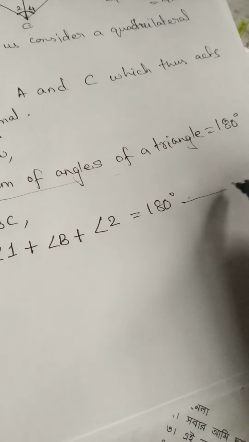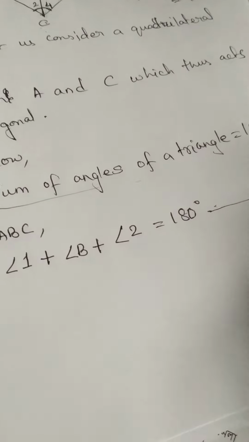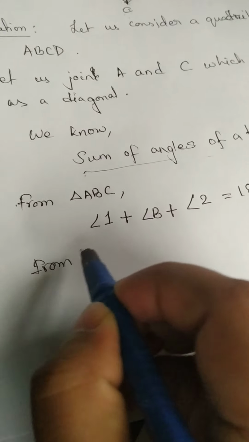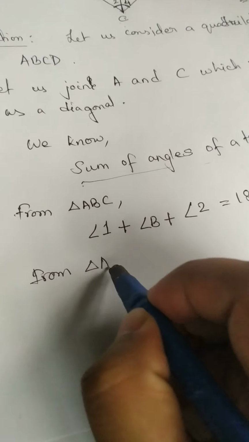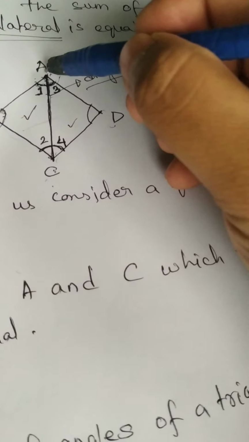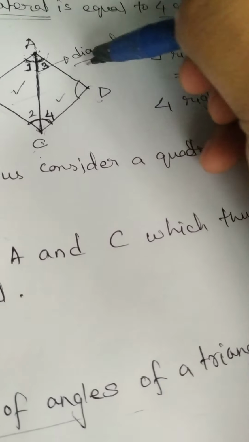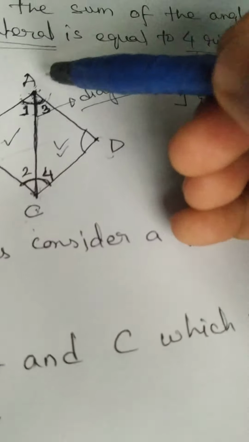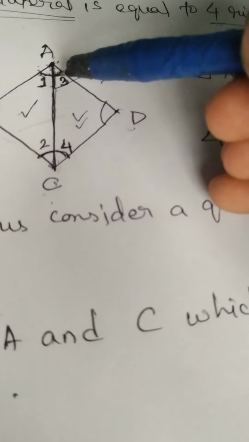So angle 1 plus angle B plus angle 2 equals 180 degrees. Let us call this equation 1. Similarly, from triangle ACD, now we are considering A, C and D, this particular triangle. Over here we have this angle, angle 3,